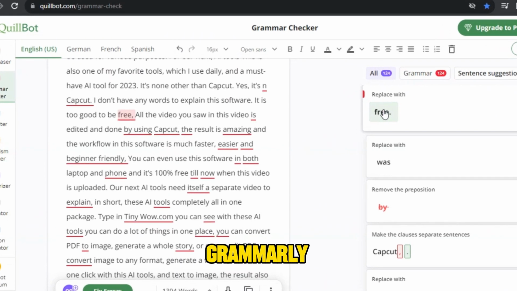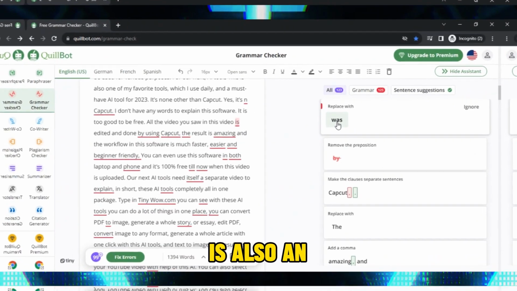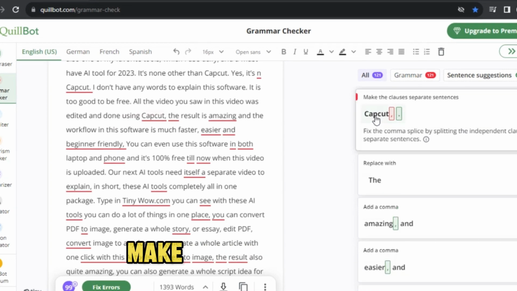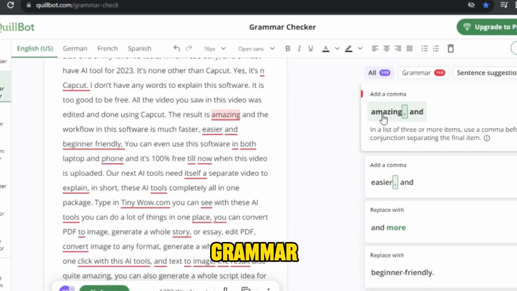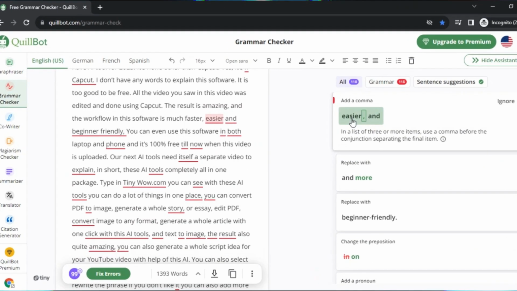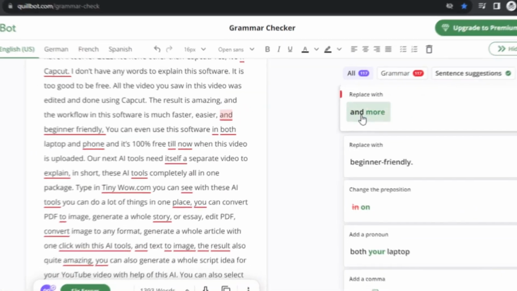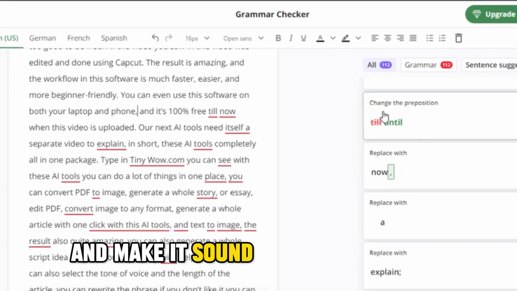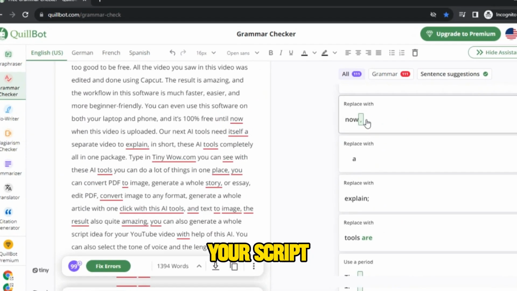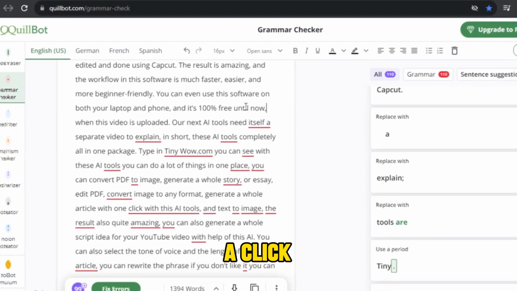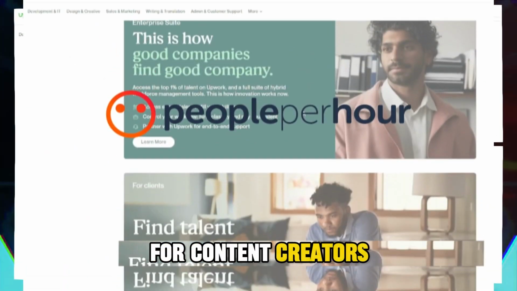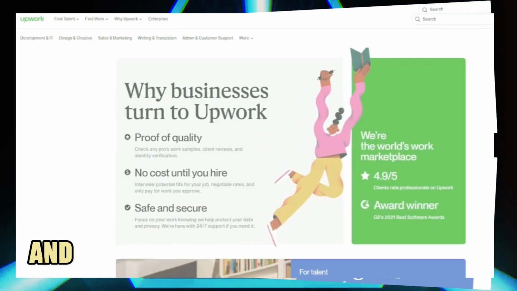If you don't know about Grammarly, let me brief you. Grammarly is also an AI tool that helps you communicate with confidence, make your writing faster, and correct your grammar in a matter of seconds, as it says. It makes life much easier if your English and grammar are not good. With this AI, you can correct your grammar and make it sound more professional. You can even translate your script into another language with just a click. This tool is very helpful and powerful for content creators, bloggers, writers, and freelancers, and it can even be used